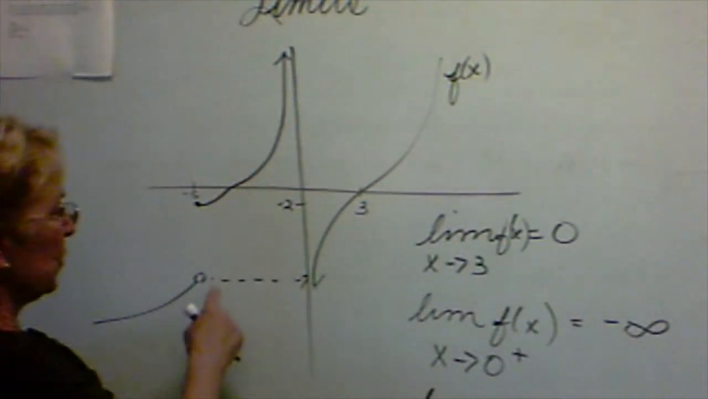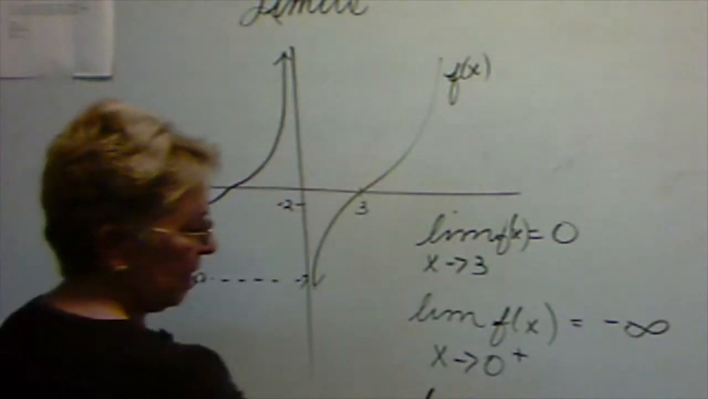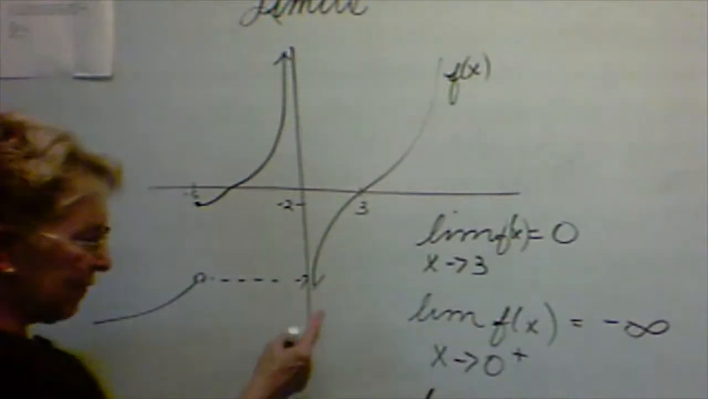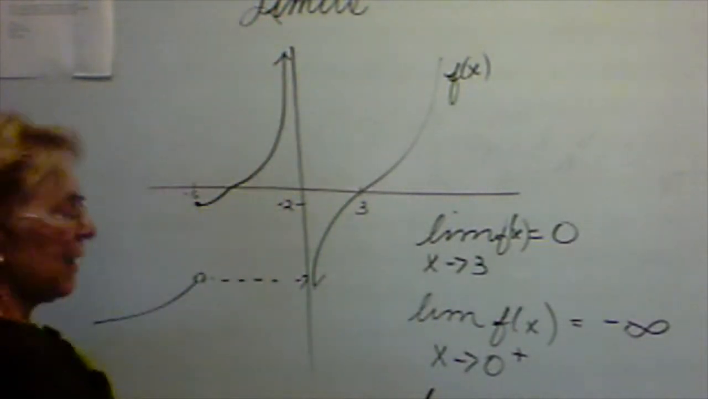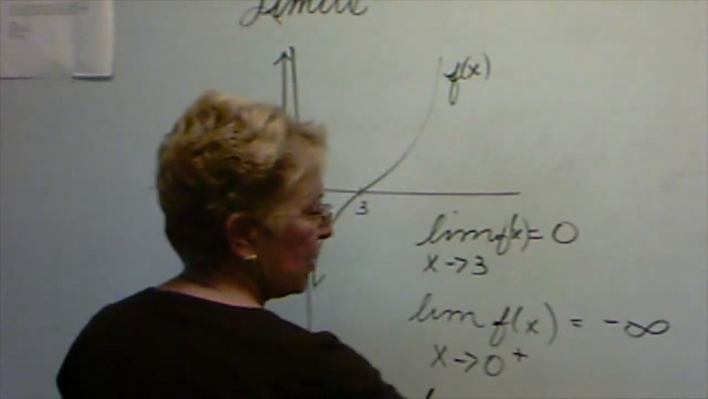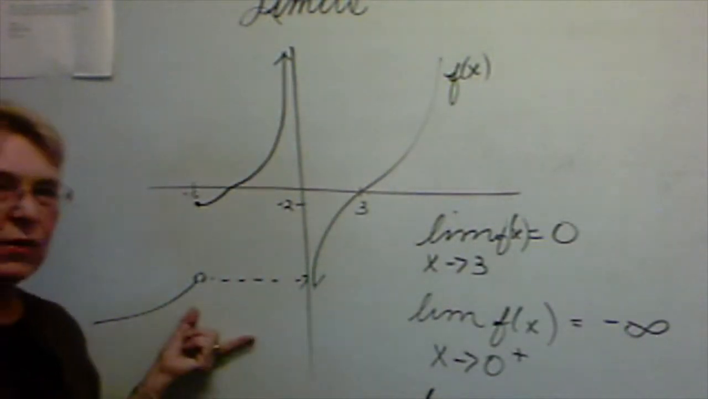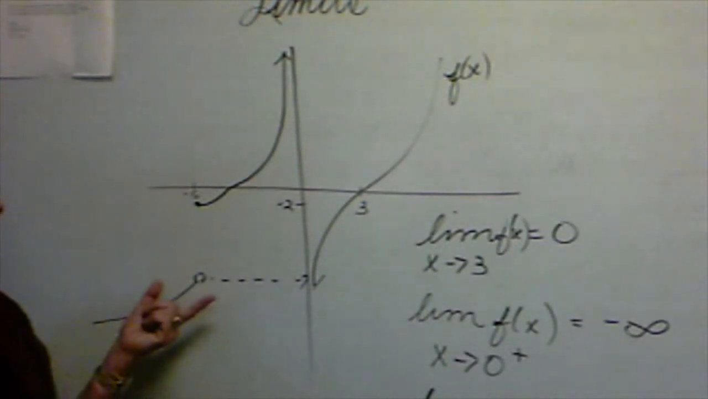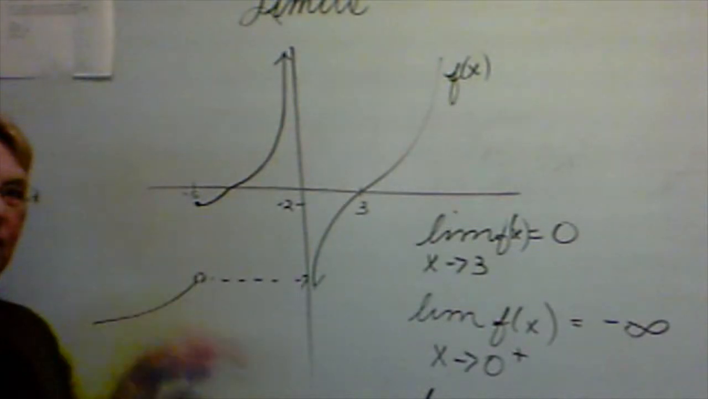As we approach 0 from the negative side, from the left side, we can see that the function is getting very, very large. So positive infinity. Then a very interesting case: as x approaches -5 from two different directions, the y values have different